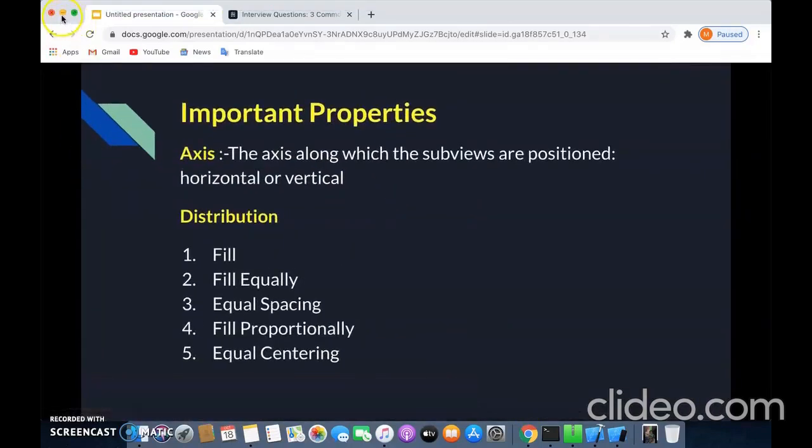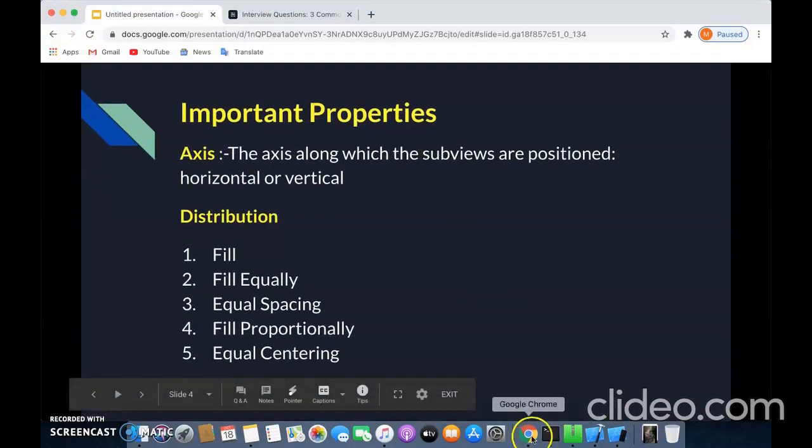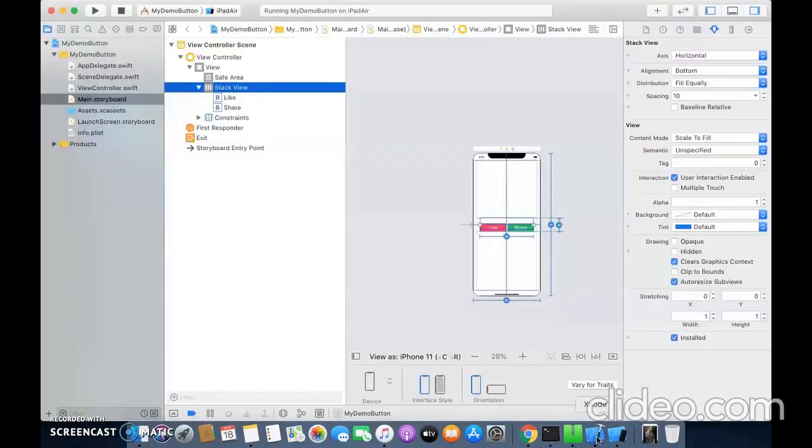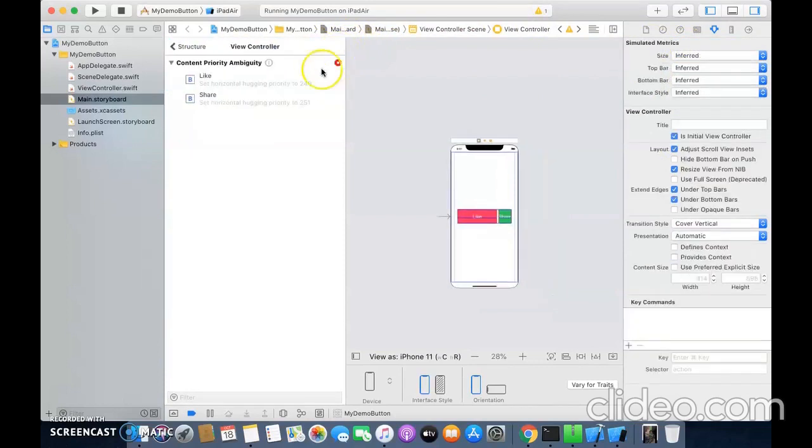So this is the alignment property. Now coming to the distribution property. For the distribution property, if you can see, we have used fill equally. What happens if we use fill? We get an error. First of all, let us just take fill inside alignment. We get an error. Let's check what the error is. What is the error saying?